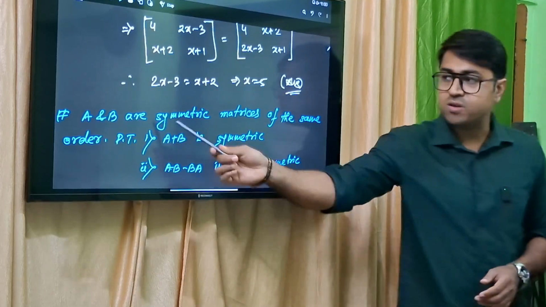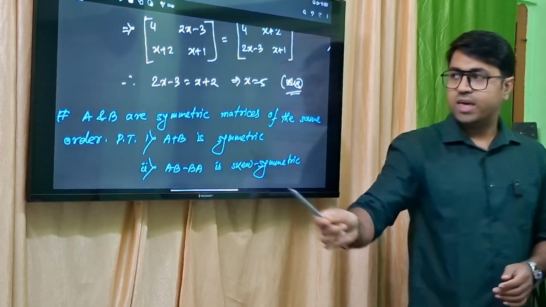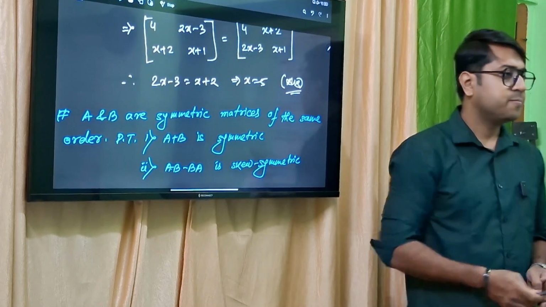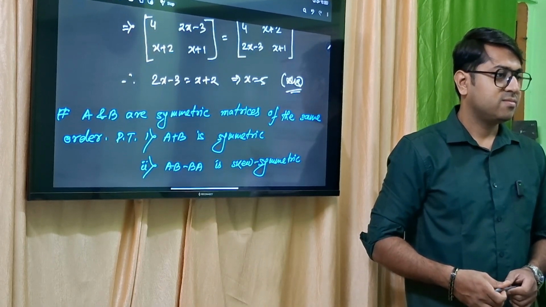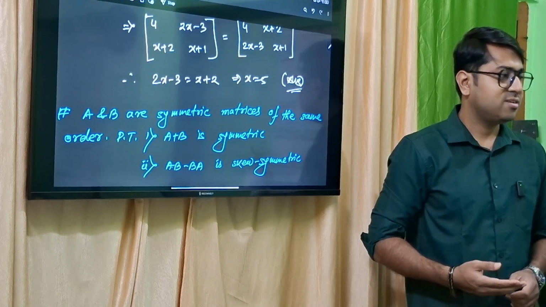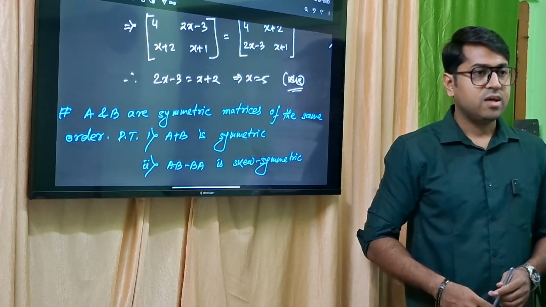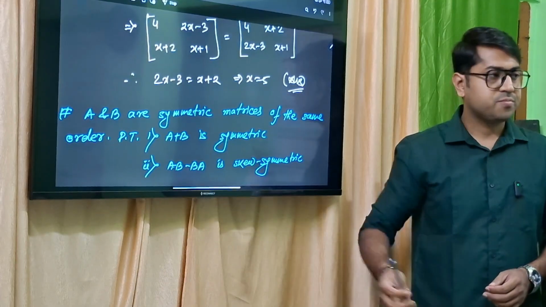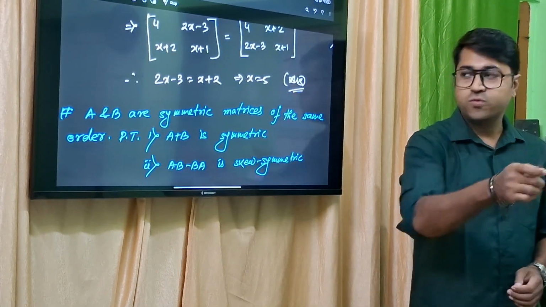A and B are symmetric matrix মানে A transpose is equal to A আর B transpose equal to B. এবার তুই বল A plus B।